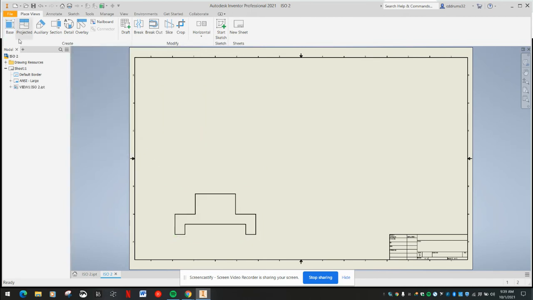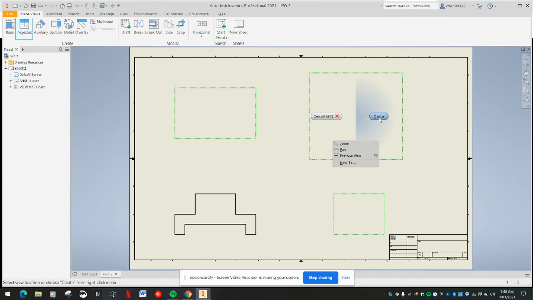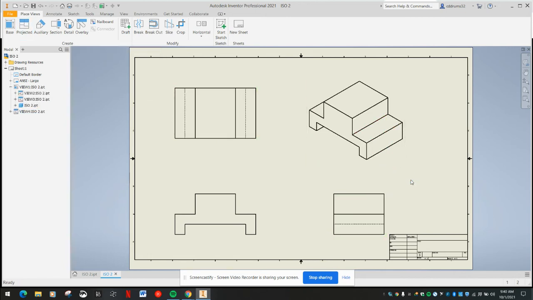Now I'm going to hit projected. And there's your top view. There's your right side view. And there's the isometric. Create. All right. So these dotted lines are your hidden lines, right, that show these open areas or cut areas. So I'm going to, before I start to dimension it,